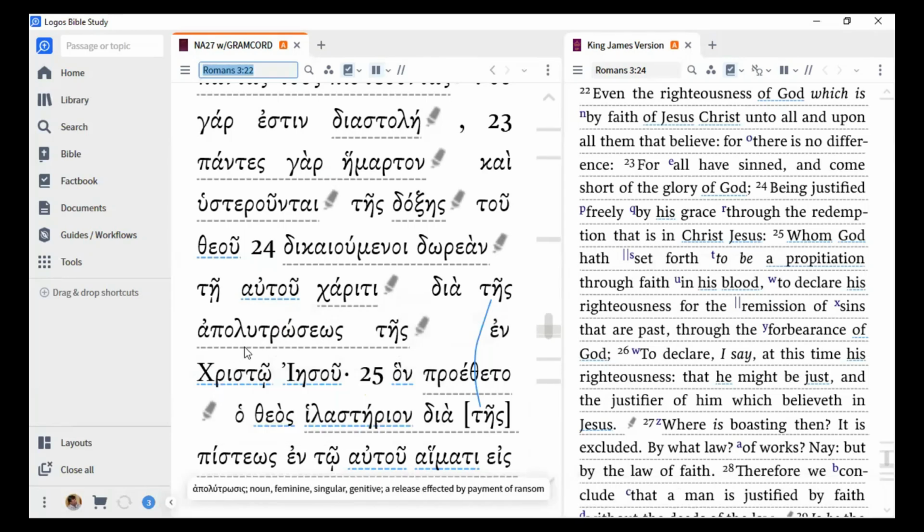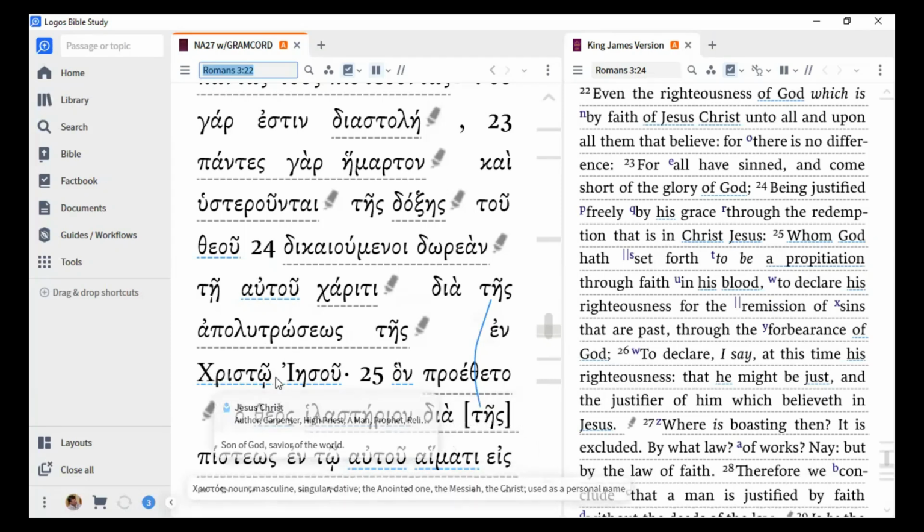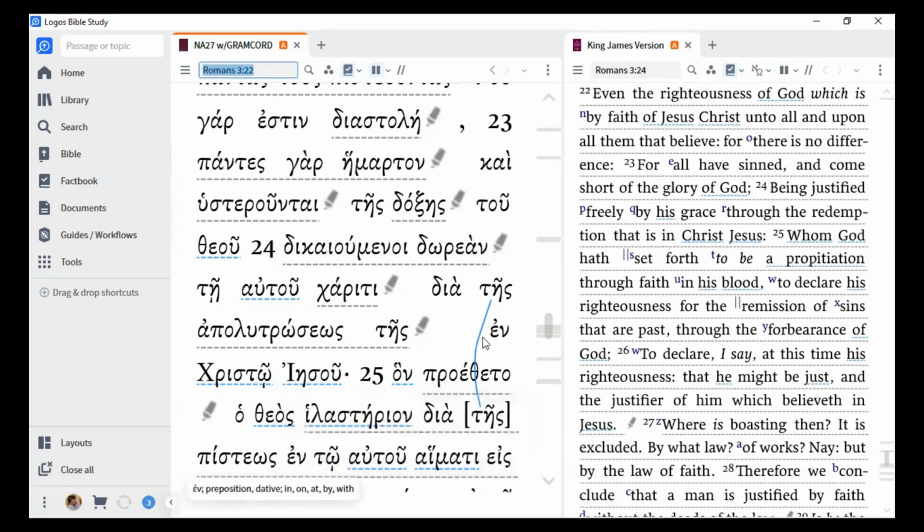Dia tes apolutroseos. The word is apolutroseos. Tes en Christo Iesou. This symbol is called iota subscript. It shows the dative case. Iesou is also genitive case, and it's also dative case. And whenever you see the word en, epsilon nu with the soft breathing,